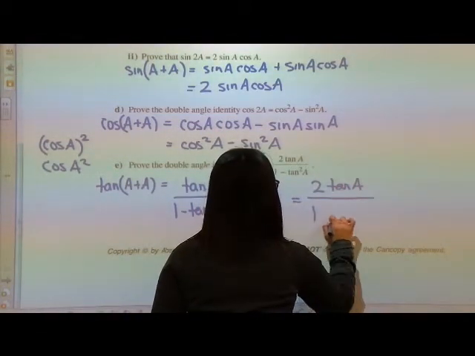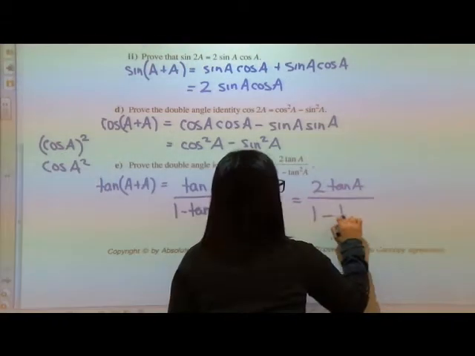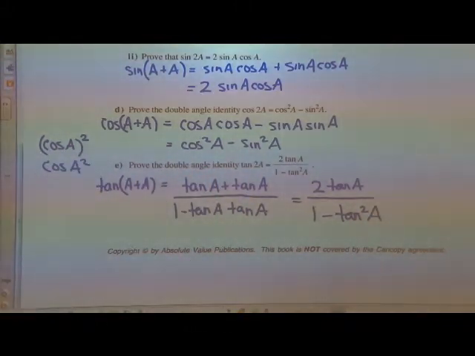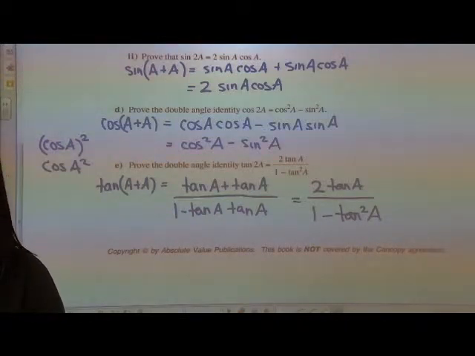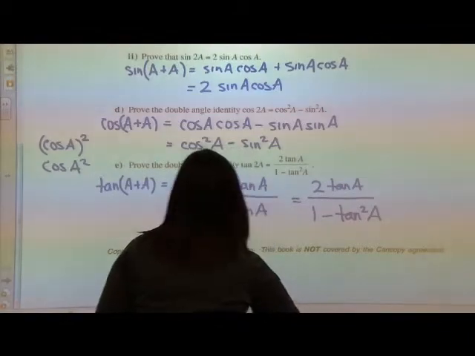And if I take tan A and I multiply it by itself, so I've just developed 3 more identities, which again are on that formula sheet for you to refer to. It is beneficial to know how we derive these 3 identities, but you're not required to memorize them. Okay? Now, this one right here